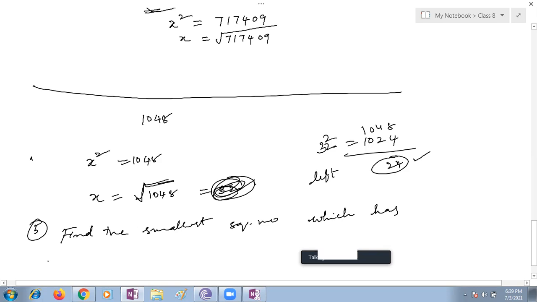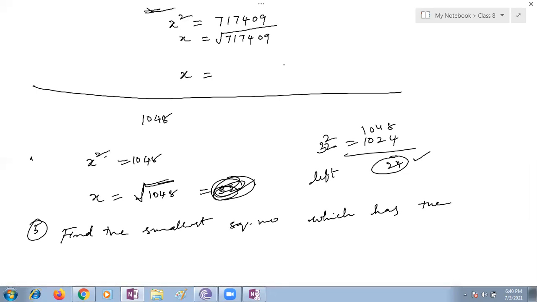Ma'am, I'm trying to solve the upper question, ma'am. X is equal to 717409. How much did you get for the x value? Ma'am, I think it will be going into decimals. No decimals. Yes, ma'am, it is in decimals, but we can round off to 32 and 24 students will be left. Not this one. You are asking which one? He is asking about the earlier one, 717409. No, ma'am, that is the exact answer. Please recheck what you are doing, once again.